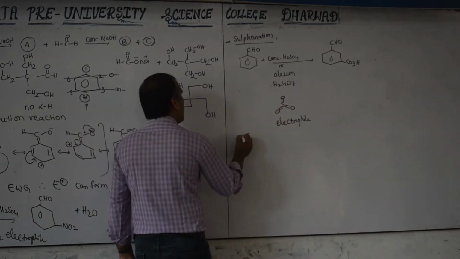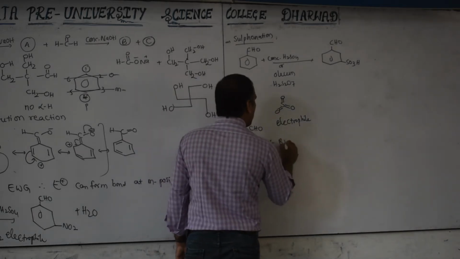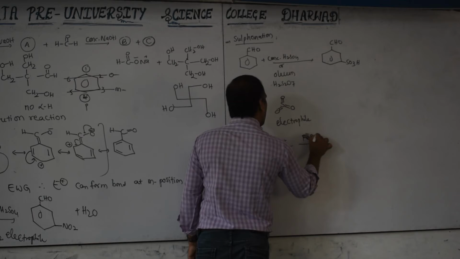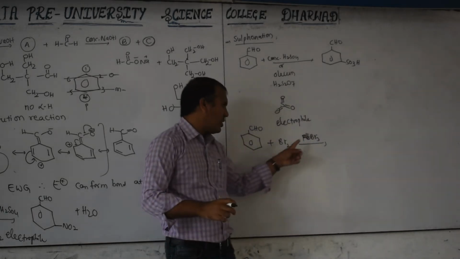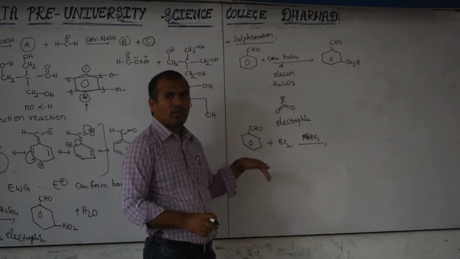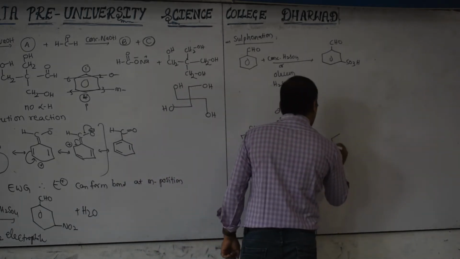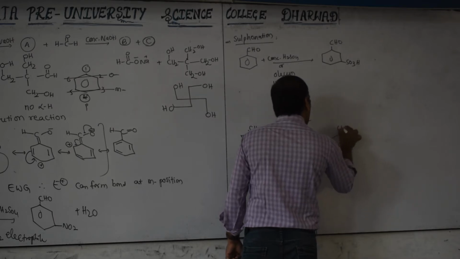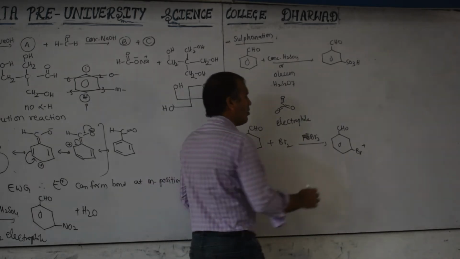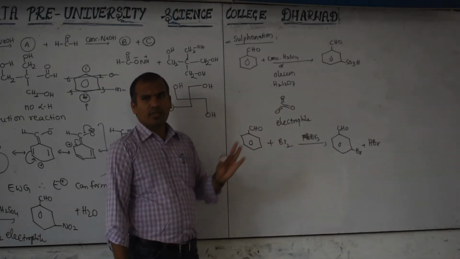Okay. Now take halogenation as an example. This is benzaldehyde. Take bromine in the presence of Al or FeBr3. Only in the presence of a Lewis catalyst will this substitution take place on the benzene ring. If this catalyst is not there, then this reaction will not take place. So Lewis acids are compulsorily required. CHO and here Br. Here one H, one Br, both combine to form HBr. So this is an electrophilic substitution reaction.